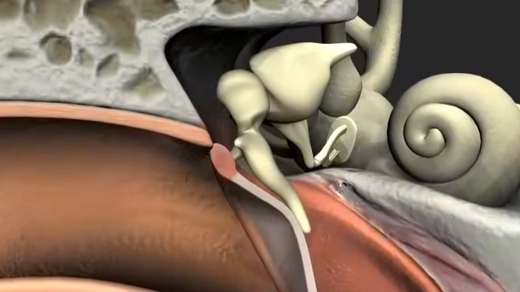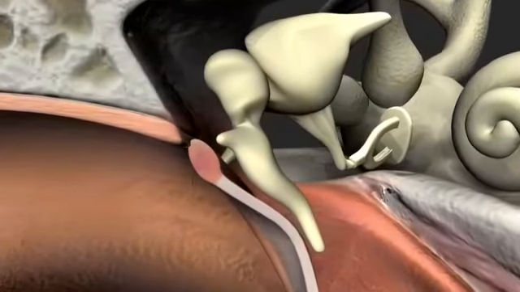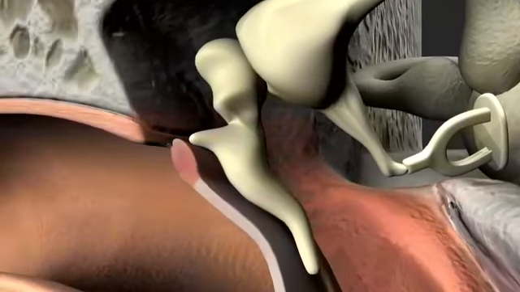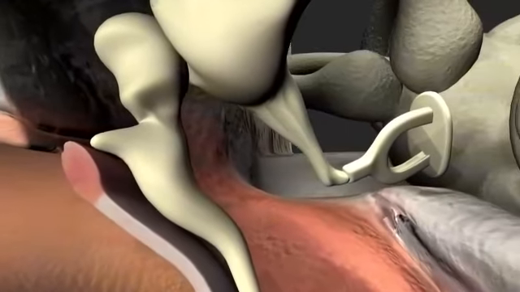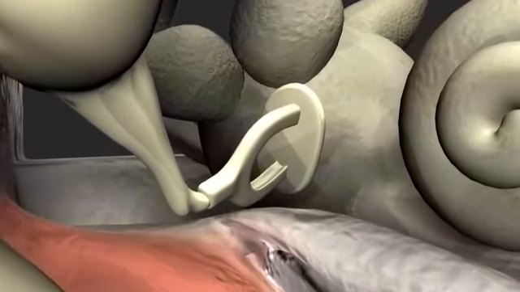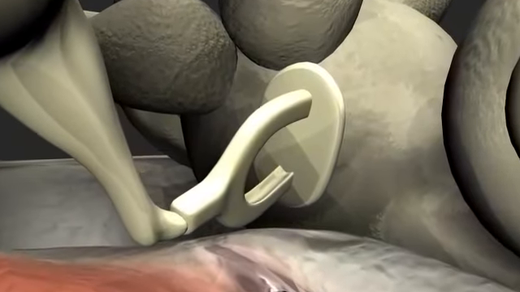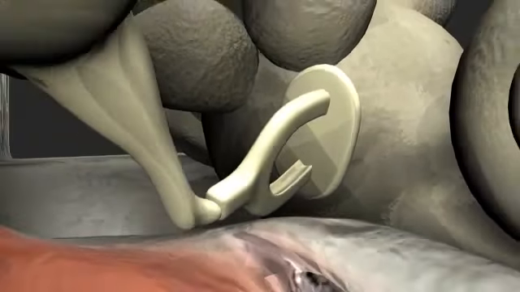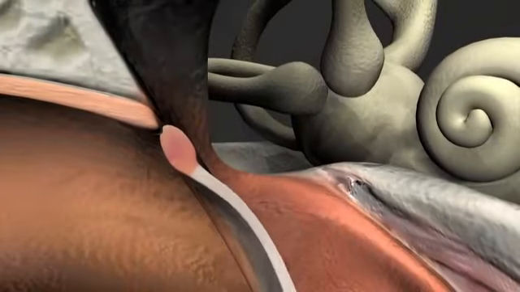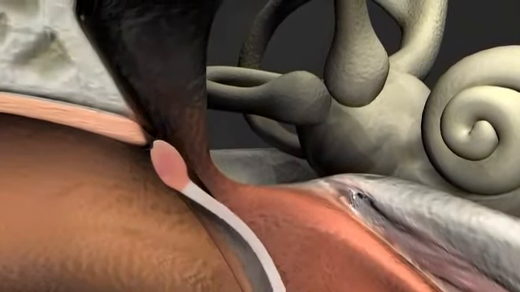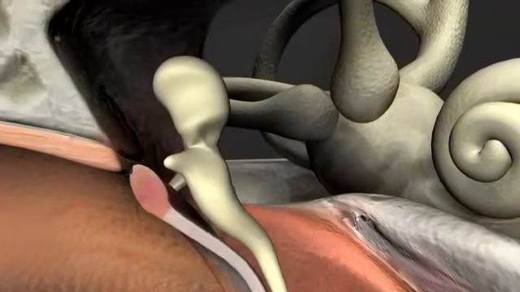The handle of the malleus is attached to the tympanic membrane, and the base of the stapes, known as the stapes footplate, sits loosely in the oval window of the cochlea, held in place by the annular ligament. The tympanic membrane vibrates in response to sound. The eardrum moves the malleus,